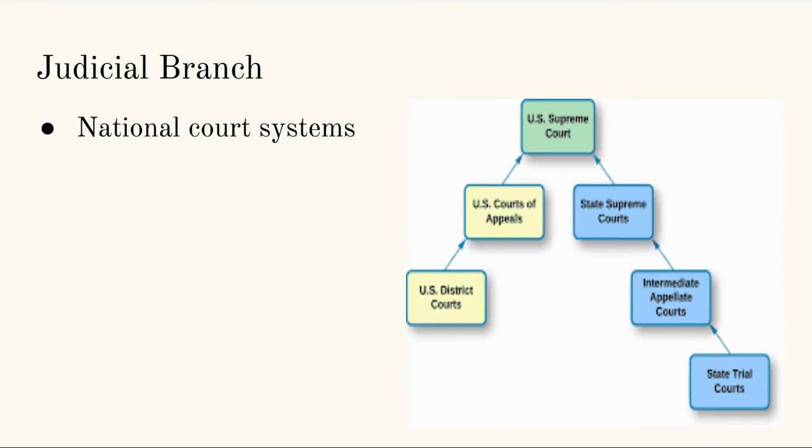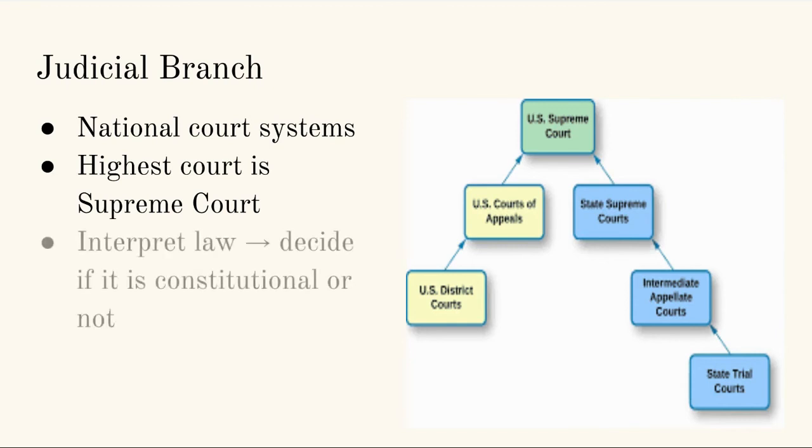Anytime you see judicial, I think it's easier to remember that it creates the court system because it looks like judge. You've probably heard that before, but if you haven't, that's kind of a brain trick a lot of people use. You think judge, you think court. The highest court, it's in this flow chart, it's in your notes. You need to write this down. The highest level court is the United States Supreme Court. Each state in the country has a Supreme Court, but the United States Supreme Court is the tippy top. It is the highest level you can get to. There's nothing above it.